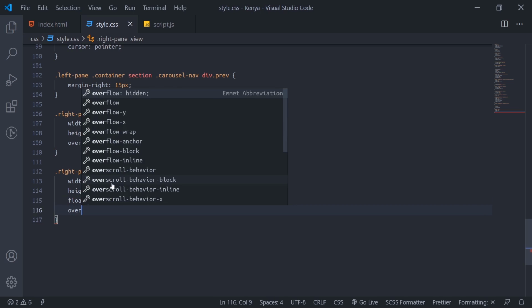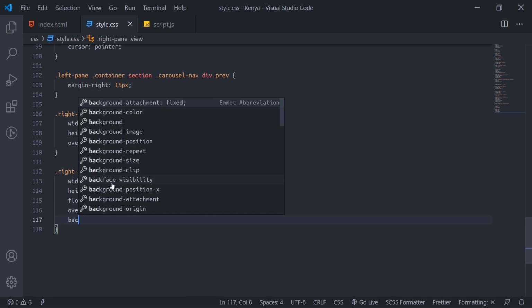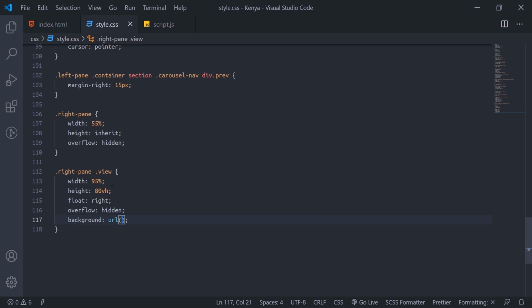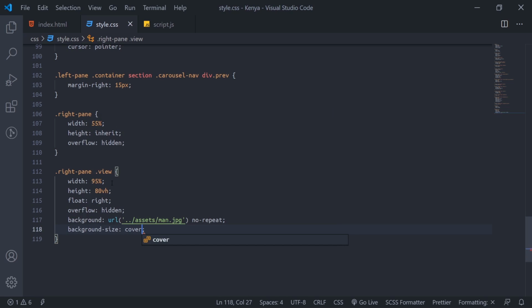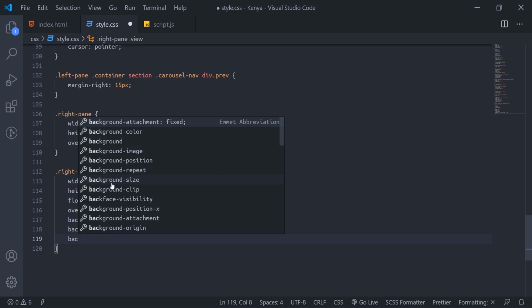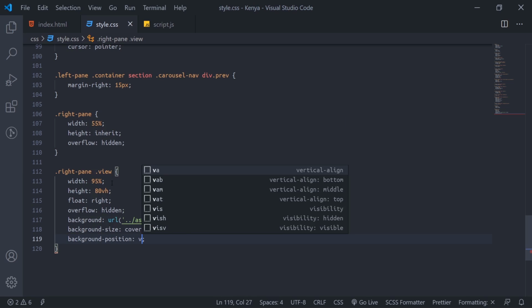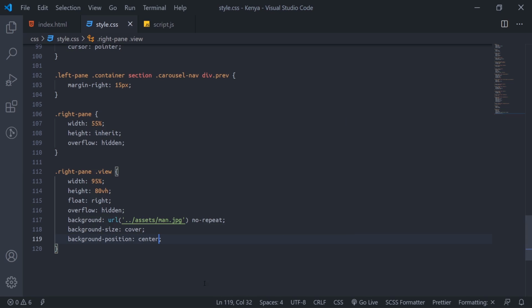We'll set overflow hidden. Then background: URL /assets/man.jpg. After we write that down, we'll put no-repeat so that the picture doesn't repeat. Then we'll say background size is cover, and background position maybe center. So if we go back and refresh now,